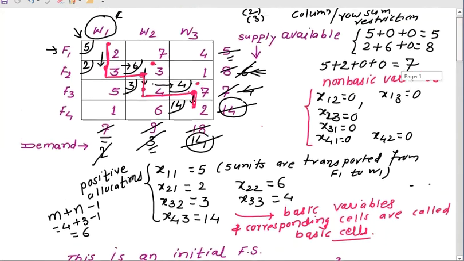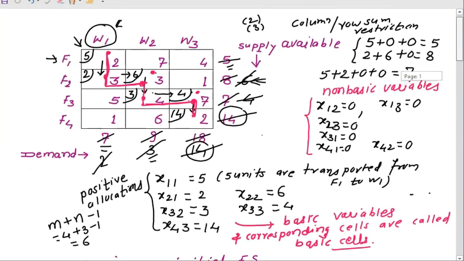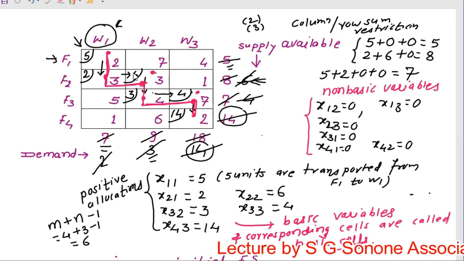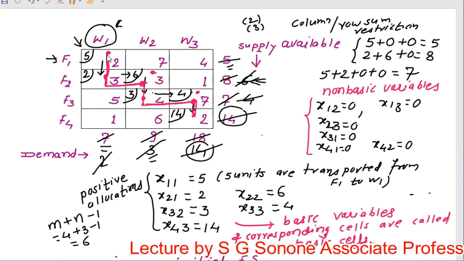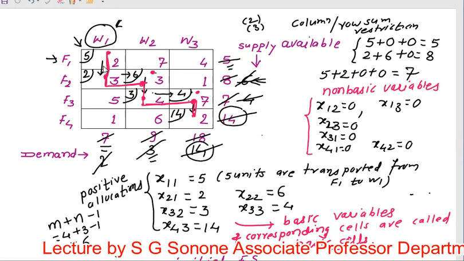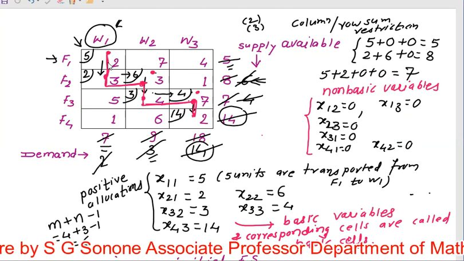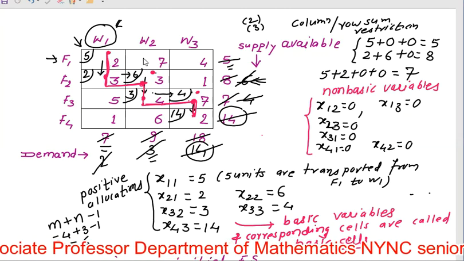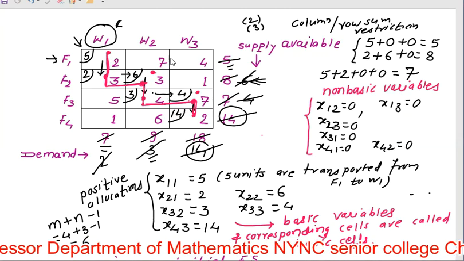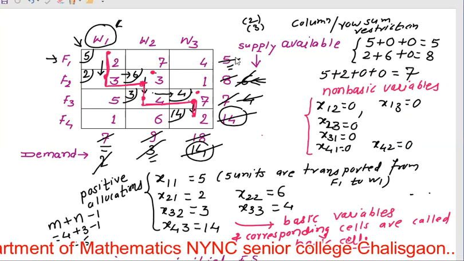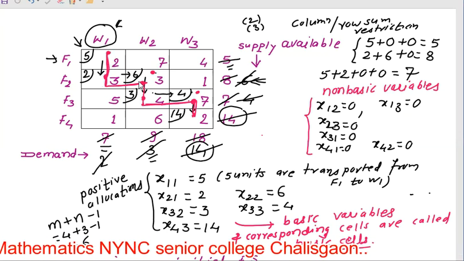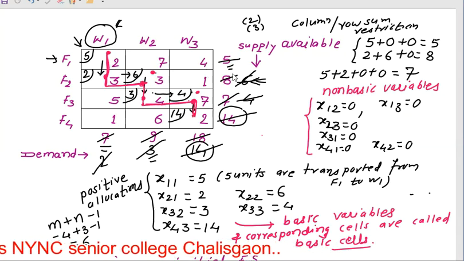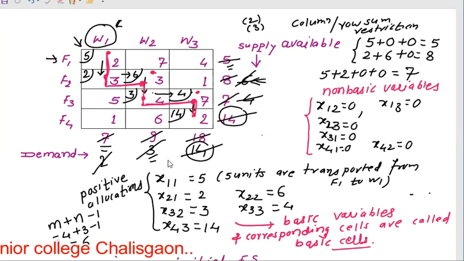So in this way, we find the initial basic feasible solution using the northwest corner rule. We begin with cell 1,1, which is the northwest corner, and allocate the maximum possible quantity in this cell. Whenever supply is left at the factory, we move to the right-hand side, and whenever supply is exhausted, with no units left, we move to the cell below. Repeat this process until all the supply is exhausted and all the requirements are satisfied.